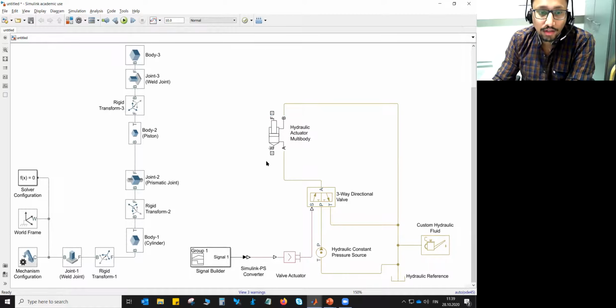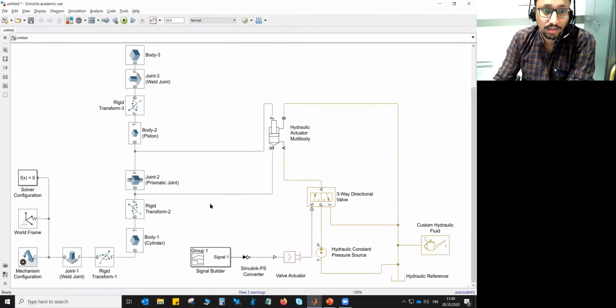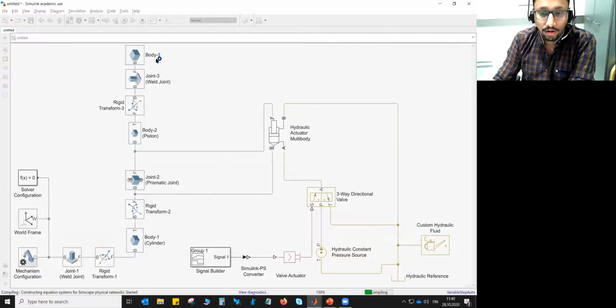So once you have done that, you can simply go ahead and make the coupling between the hydraulic system and the multi-body system. Once you have done that, things should be fine. If we just go ahead and simulate the system, let's see what happens. And obviously we have provided the signal for 3 seconds. So let's simulate it for just 3 seconds and press run.